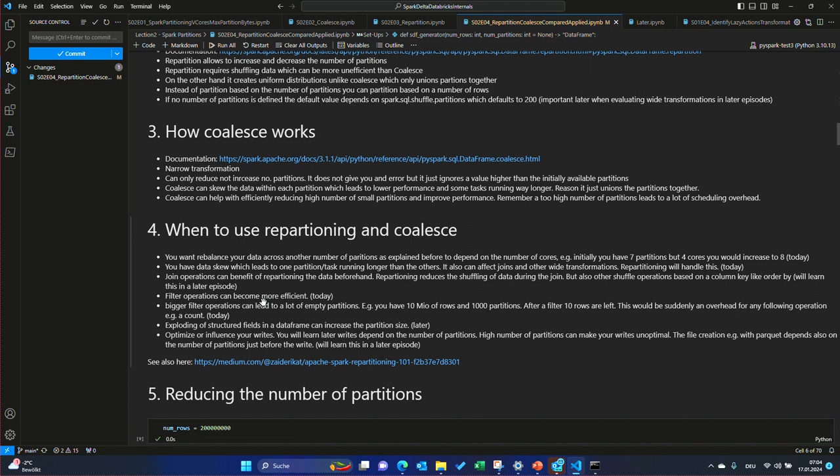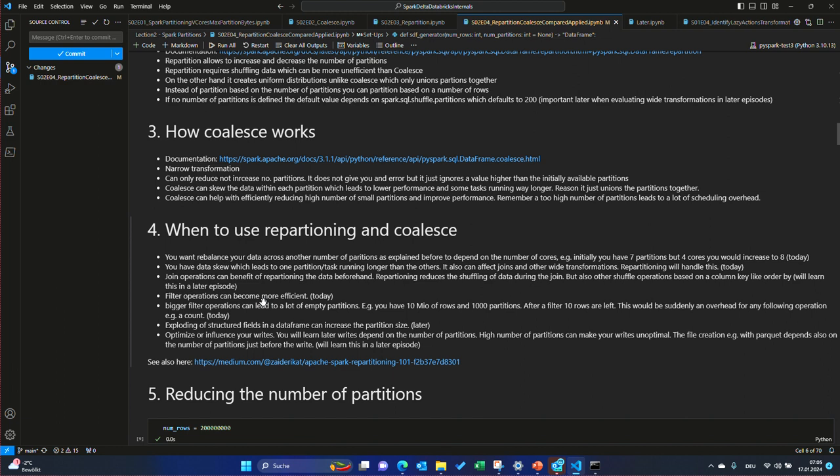If this doesn't work out, then you have the option of repartitioning, where you can either also go down to 4 or increase to 8, and that's something we're going to have a look at today. Then of course you might have skewed data sets, and as I already said, one task might run longer than the others. It can also affect joins, but there are also other methods to improve this. And let's see how repartitioning or coalesce can